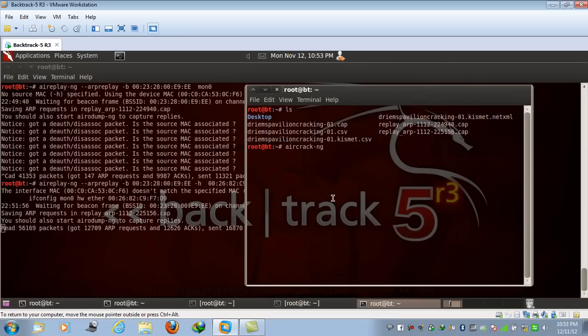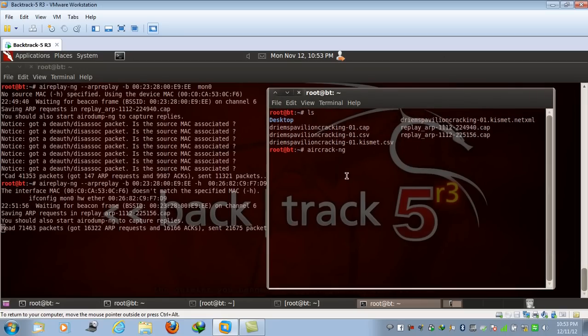So the AirCrackNG suite of tools is a large collection of tools written by Thomas d'Otreppe, who is the main programmer of AirCrackNG, and he has done a very great job by making this tool. If somebody is really interested in wireless hacking, this tool can prove to be the best tool out there for wireless hacking. Now we have captured enough packets, and let me give all these packets directly to the AirCrackNG suite of tools